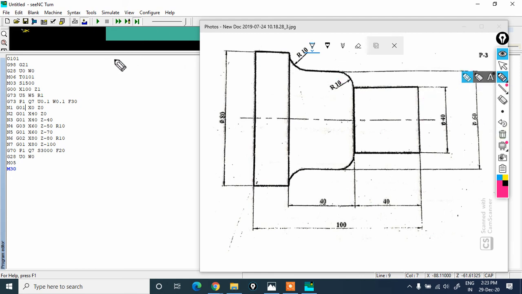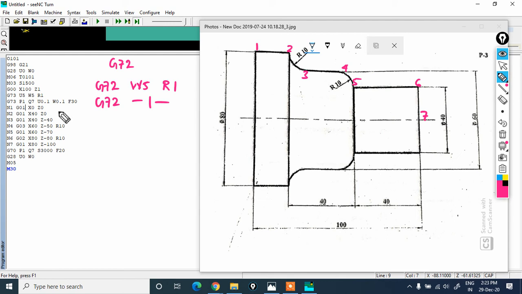So let me make a title: G72 cycle, followed with first, second, third, fourth, fifth, sixth, and seventh position. So I will do the changes from here. Okay, so G73, that is G72. So in the 72 cycle you will be having only W5 R1 followed with G72. The rest all are same: P1 to Q7, UW, F30.